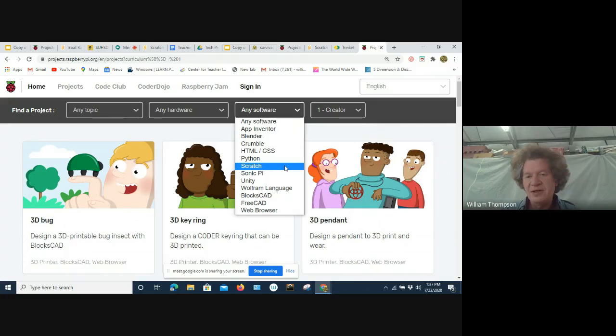And I want to mention real quick about Scratch. When I first saw Scratch, I had sort of a bias against it because it seemed a little bit too kid-like, and my mindset's more at a high school level.